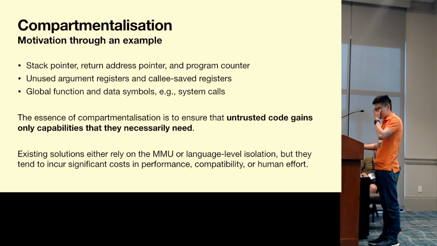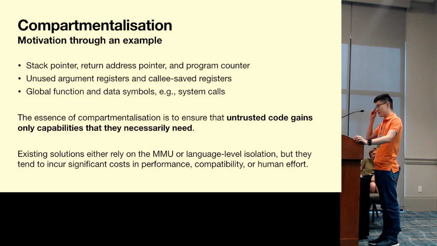So it's not really secure, and we want to be able to limit the power of this untrusted function to only those that they necessarily need to carry out what we want it to do, which is the essence of